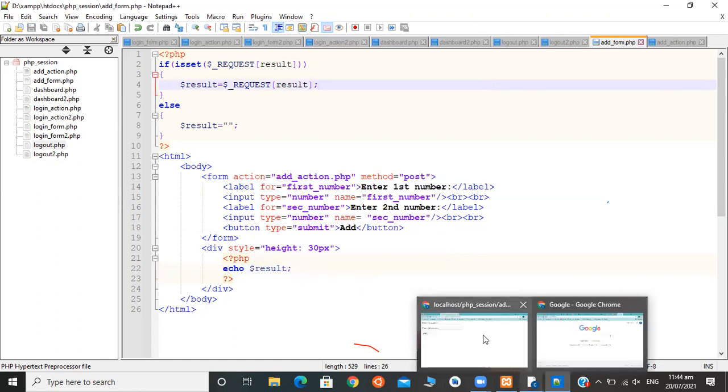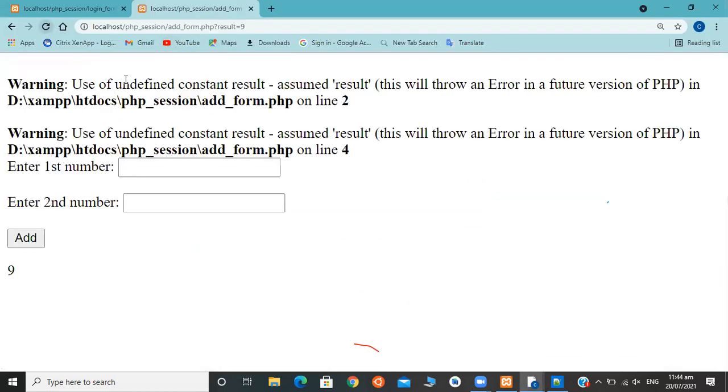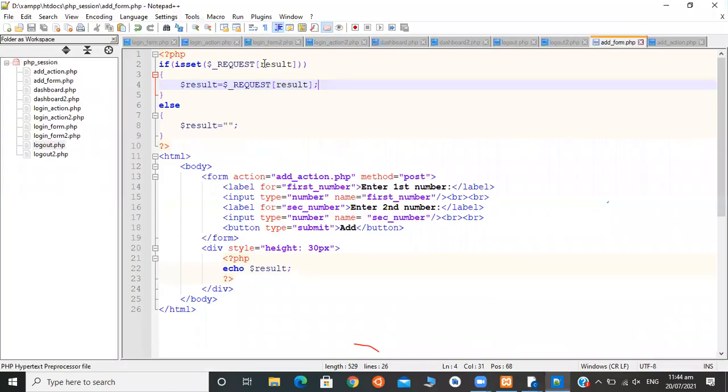Put it on the browser. Okay, the result should be in double quotes.